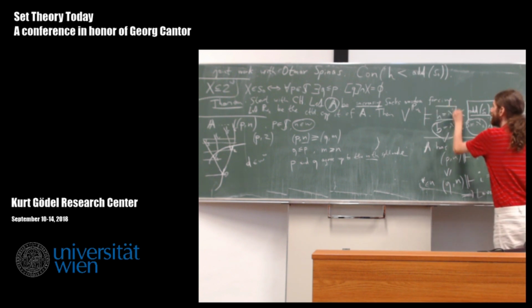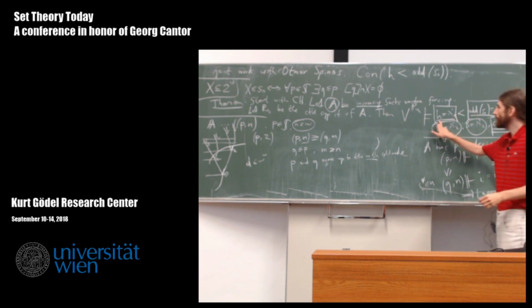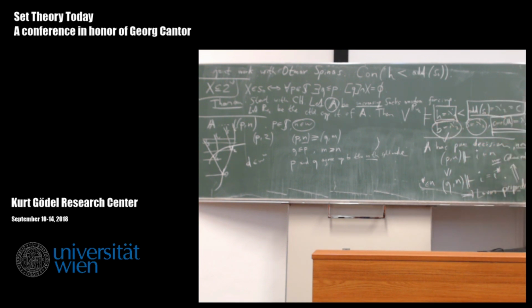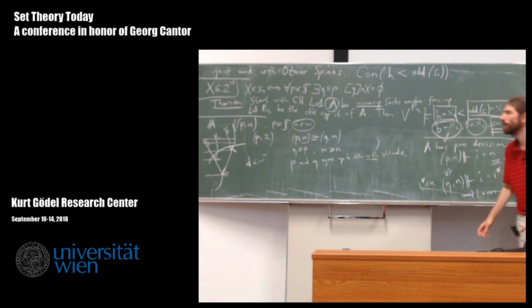So this is actually the main work now, to show that the distributivity number h is aleph 1 in the final model. And I have only very little time, so I can only very briefly try to give an idea what's going on in the proof. So is it okay if I continue here?